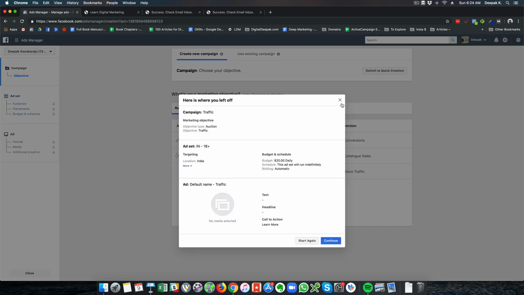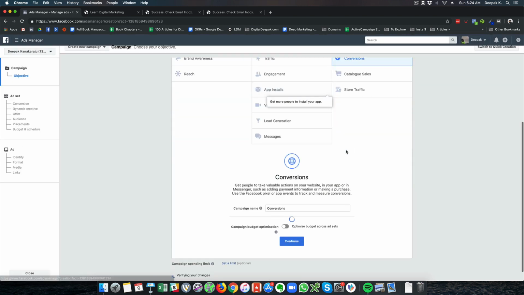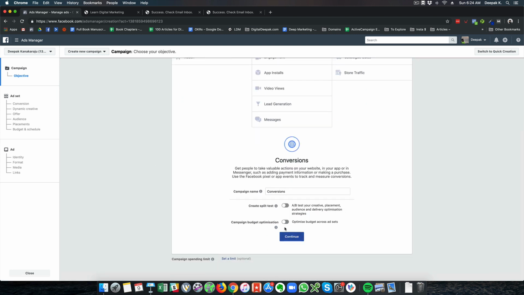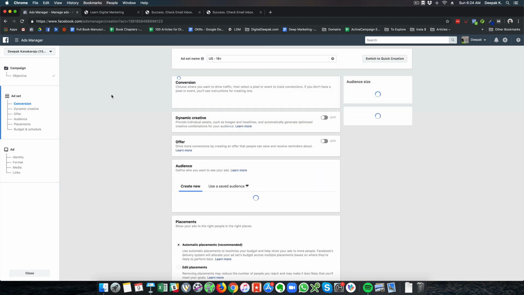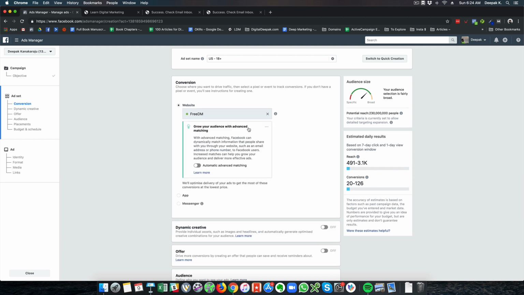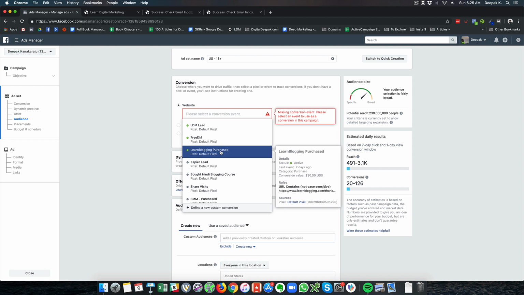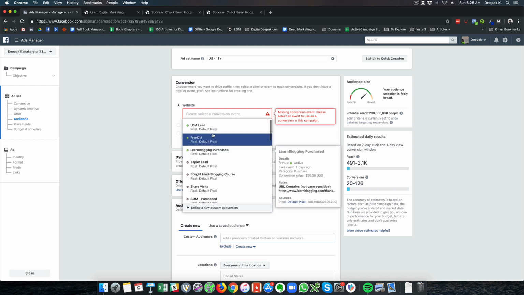And the entire creation of the new ad campaign, I will probably do it in the next video. So here I just want to show you where it is impacting the change. So here you can see campaign name is conversions. I have to click continue. So this is going to be a conversion optimized campaign, and this is the most important part. Here you have to go ahead and select what is the conversion that you are targeting. So here the conversion that we are targeting is going to be LDM lead.